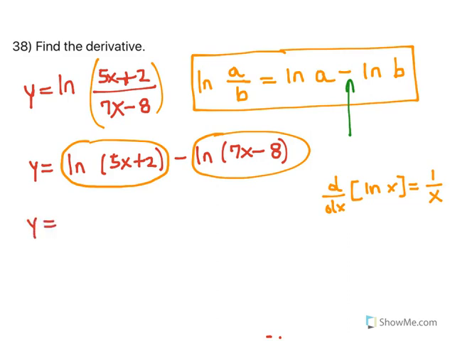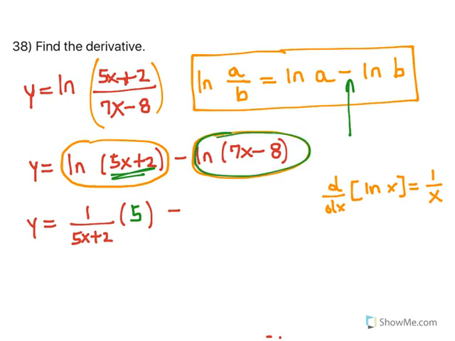So for the first function here, we will have 1 over (5x + 2), but then you have to use the chain rule and multiply by the derivative of the inside function. The derivative of 5x + 2 with respect to x is 5. And you have minus the derivative of